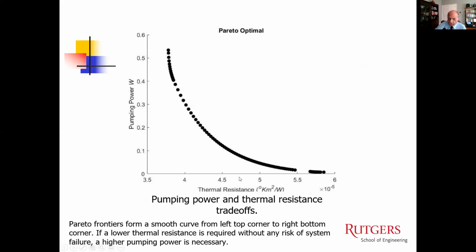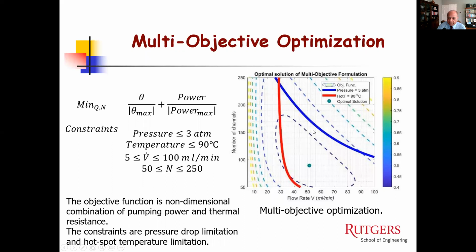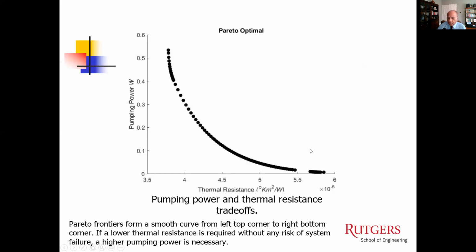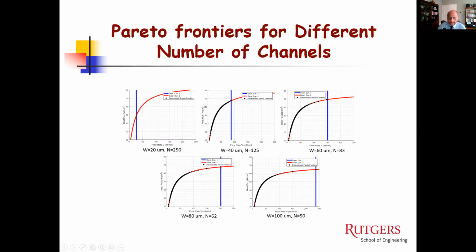The previous one that I showed basically gives you this particular point, but it's only one particular point for certain conditions. Whereas this one is a little bit more general, and you can pick up the right solution. These are Pareto frontiers for different numbers of channels. Simply the same kind of result is obtained. As you can see, these are for different cases.